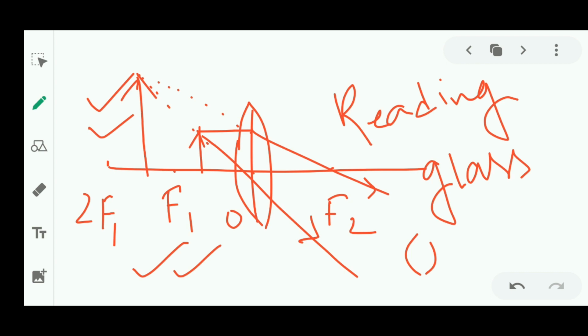Convex lenses are used as magnifying lenses. They are used in making spectacles, and in microscopes and telescopes also they are used largely. Concave lenses are also used in spectacles, and concave lenses are also used in the Galilean telescope. Now, next, let us know about another phenomenon known as dispersion of light. What do you mean by dispersion of light? Whenever white light passes through a dispersive medium such as a prism or a transparent medium, it splits into its constituents. This phenomenon is known as dispersion of light.